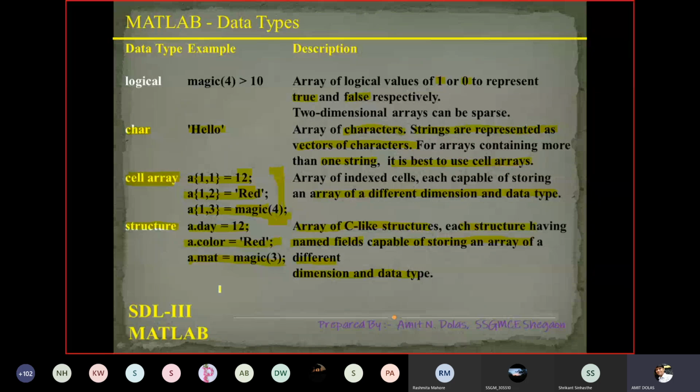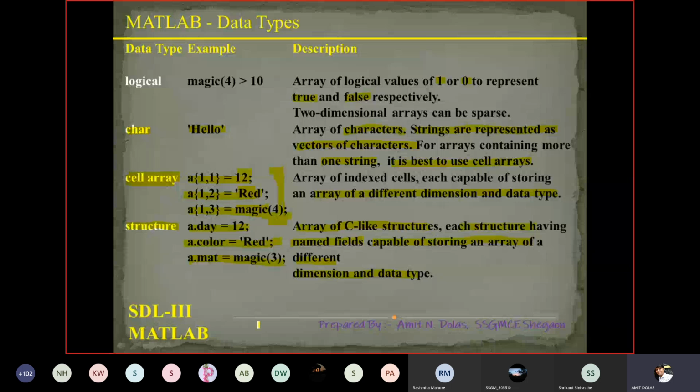In the cell array initially, we directly created the cell array but did not use named fields. If you want to name the fields, I may directly use a.day, then a.color, and a.mat equal to whatever we did earlier.